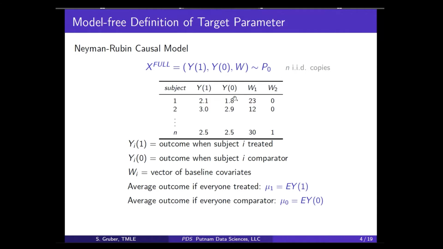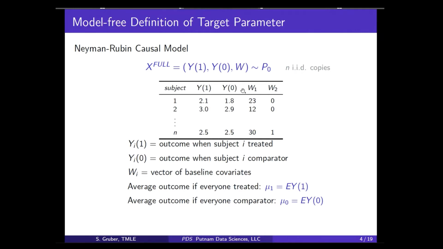And then we have all of their W's, the covariates, so things like age, sex, anything you might want to adjust for, Charlson comorbidity score, whatever you would ordinarily adjust for. Let's just call those W1 through WP. So in this full data, we have the W's and we have the Y under every possible level of treatment. So I don't even need a column for A, because it's not that A is 1 or A is 0.